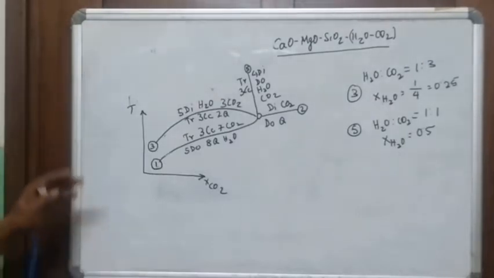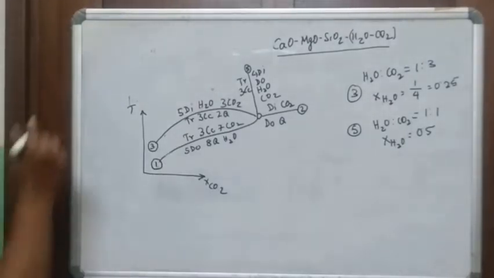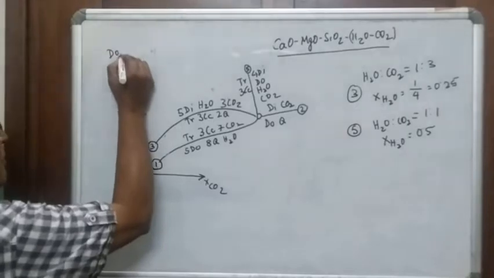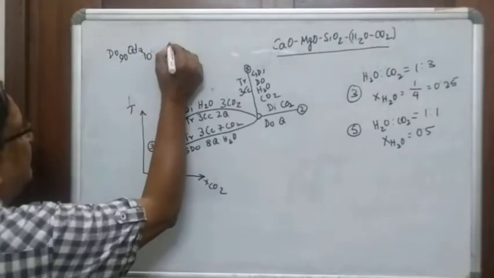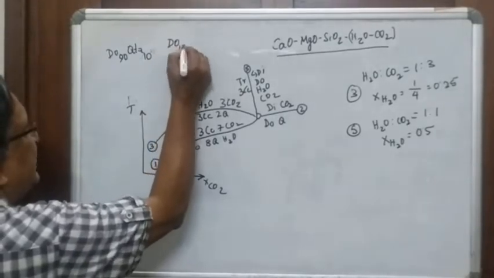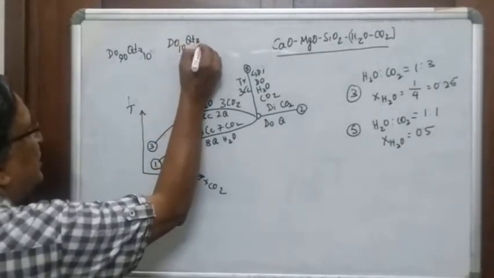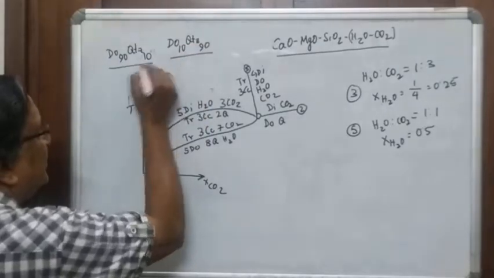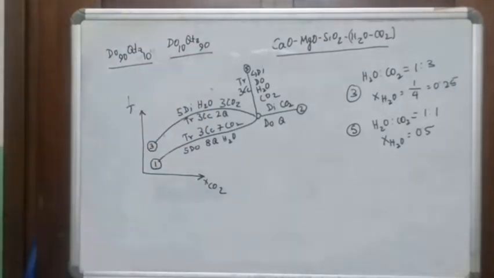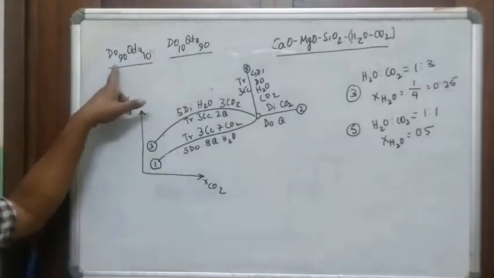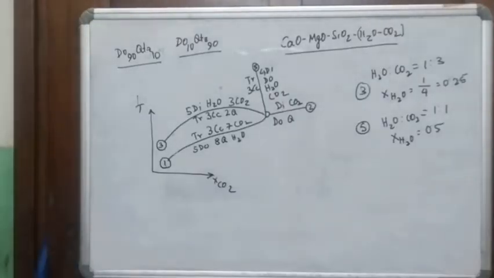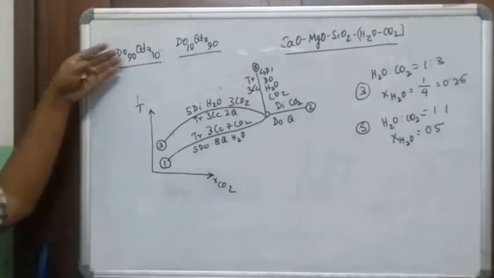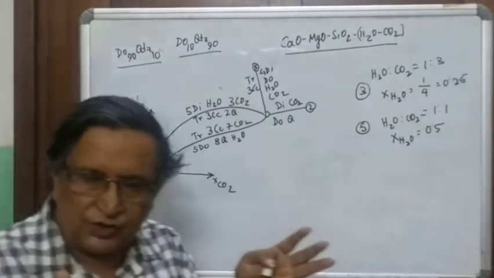Now, we look at this reaction a little bit. And we were talking of dolomite 90, quartz 10, and dolomite 10, quartz 90. That's what we are talking about. This is a quartzite, this is a dolomite. Not 100%. Right? Now, let's say when we start with these two rocks, as I told you,